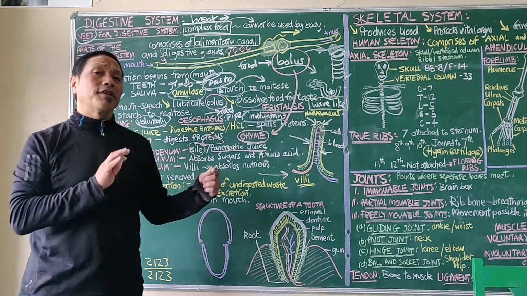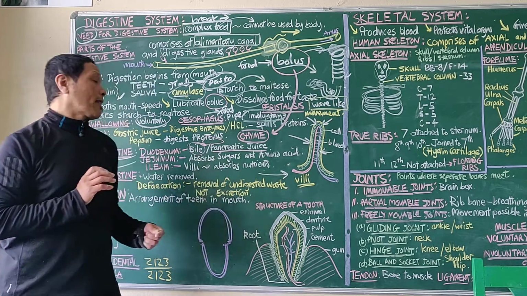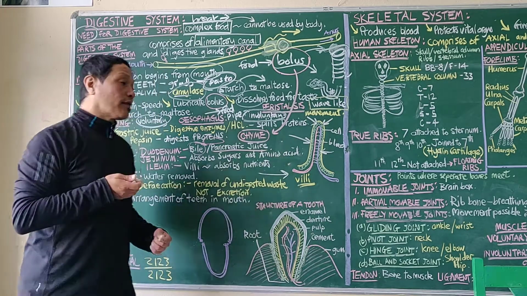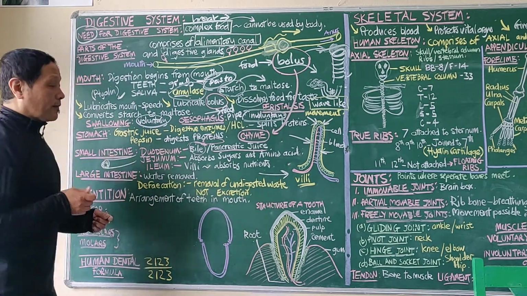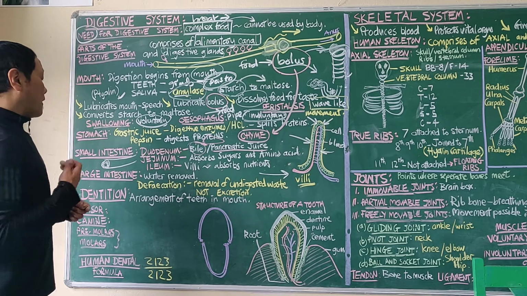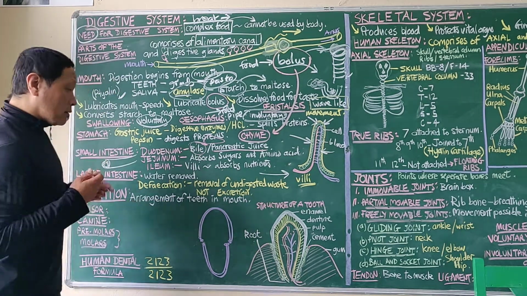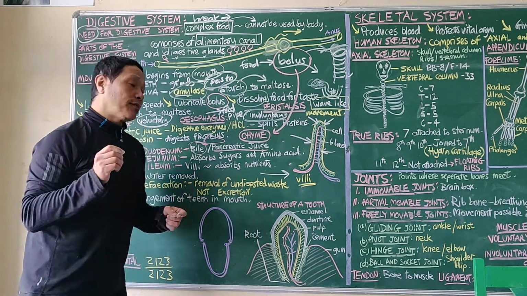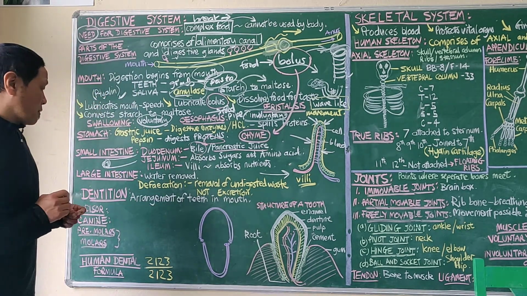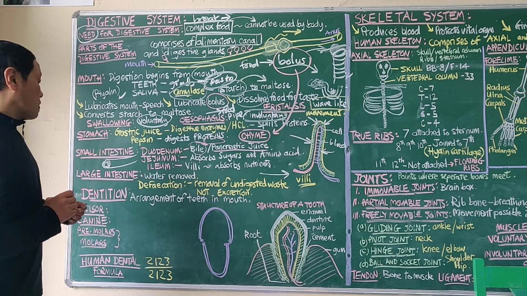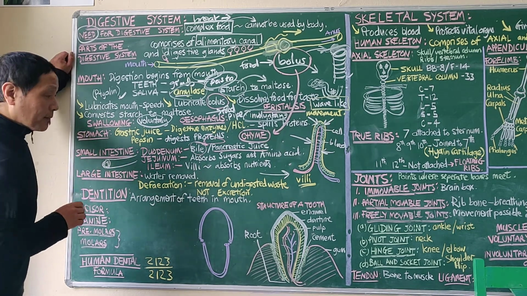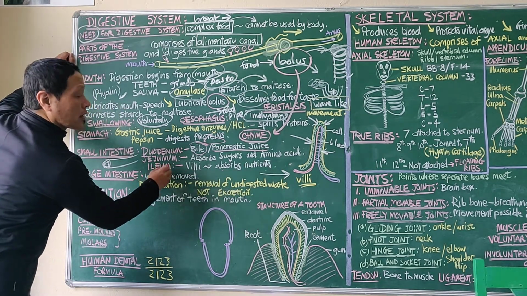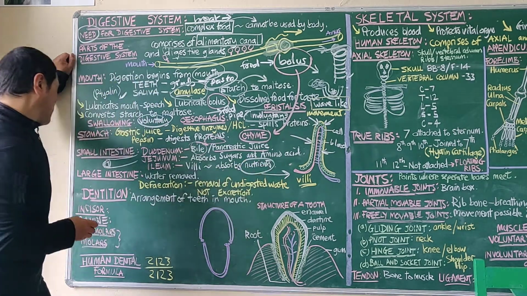Now, the liver is a very, very important organ. It has a wide range of functions. One is to filter, one is to store glucose, and it also stores different vitamins and minerals. Okay, so those are just some of the work of the liver. Then we talk about villi, which are found in the ileum and help in the absorption of nutrients.